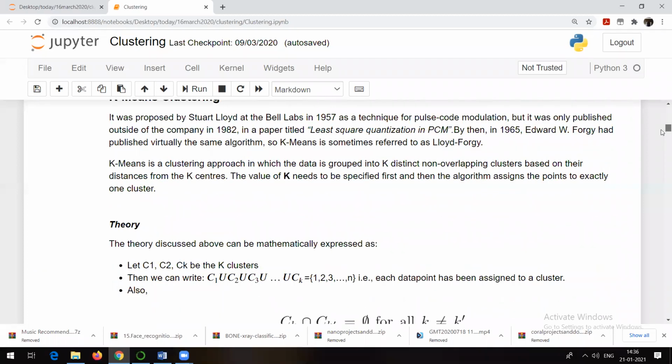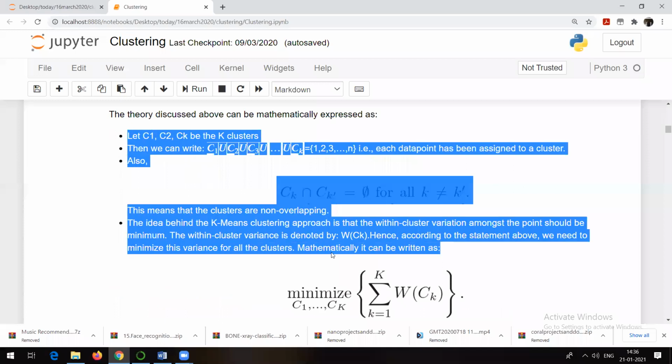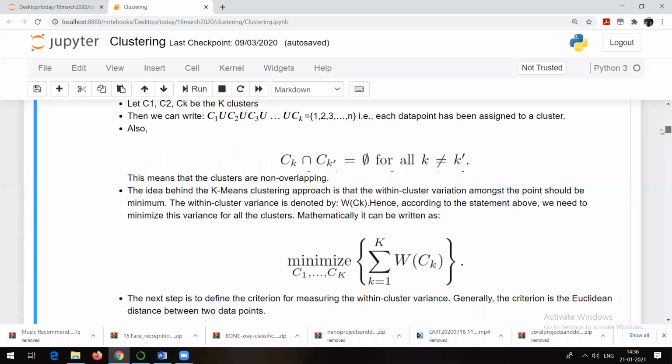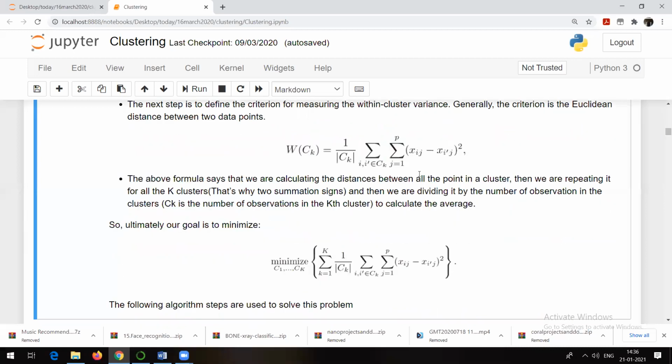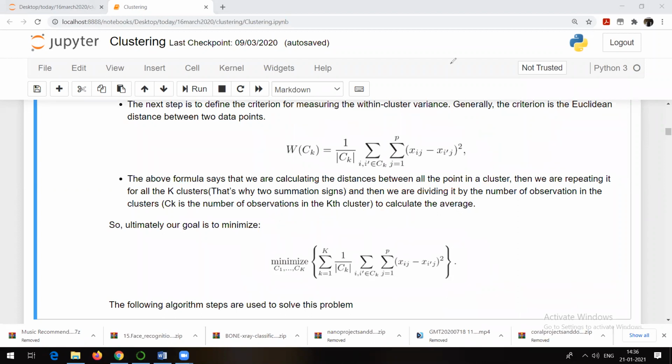In that case, I talked about the theory part. This is the mathematical notation for k-means algorithm. And here we talked about something called the elbow method. Definitely we'll talk about the elbow method today itself, and then we'll be in a position to understand these equations, whatever you are able to see here. So what is the actual meaning of this particular equation? You will be able to make sense of it once you understand what the elbow method is.